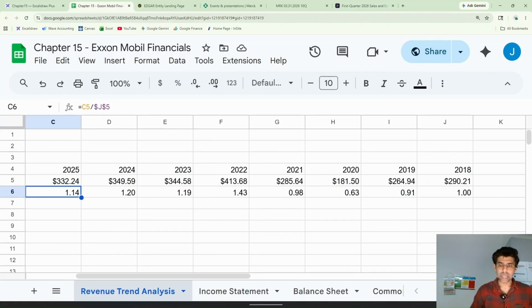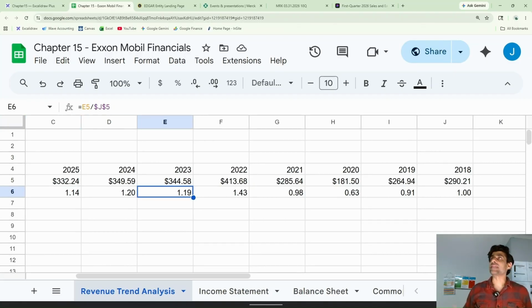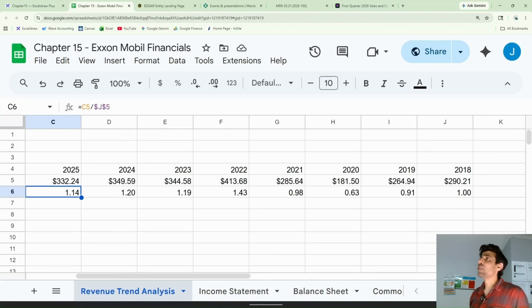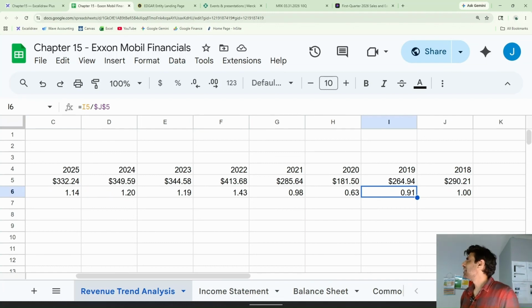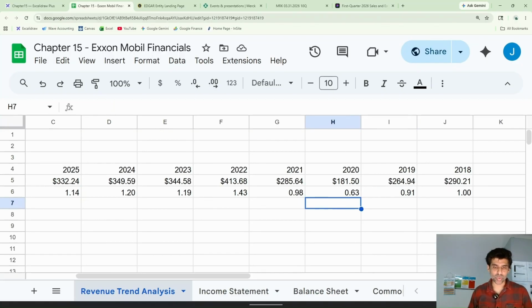So why I said that this is a tricky thing is that in this horizontal analysis, we see that for 2025, we're ending at a 14% increase from the base year. Does everyone agree with that? 1.14 means the base year plus 14%. Now let's see what happens if I wanted to be a sneaky analyst at ExxonMobil to convince people our business is doing great. I could do one simple thing to make that trend analysis look way better. What could I do? If I change the base year to 2020,